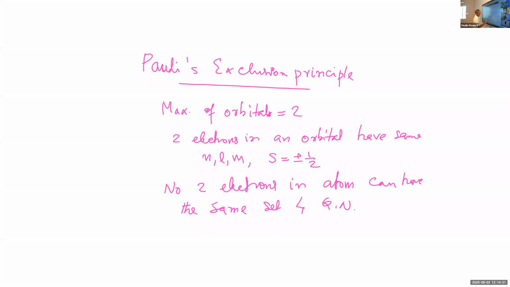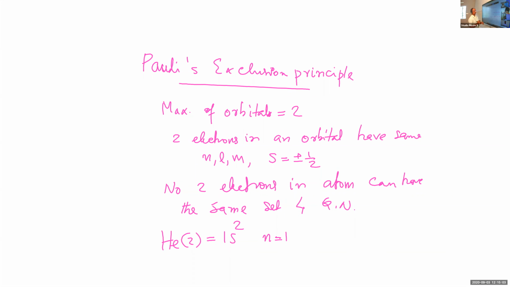Let us take an example, helium. Helium atomic number is equal to 2, and the electronic configuration will be 2 electrons, so the configuration will be 1s2. Now, let us think of the quantum numbers of the two electrons in the 1s level. Therefore, here n is equal to 1, the principal quantum number.